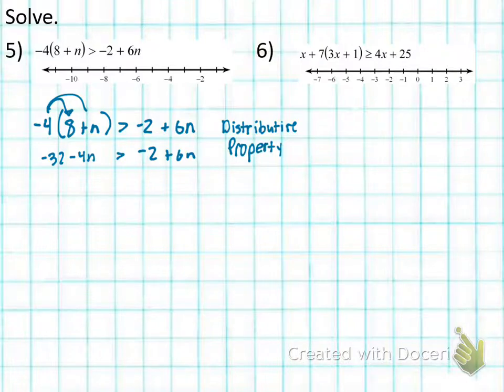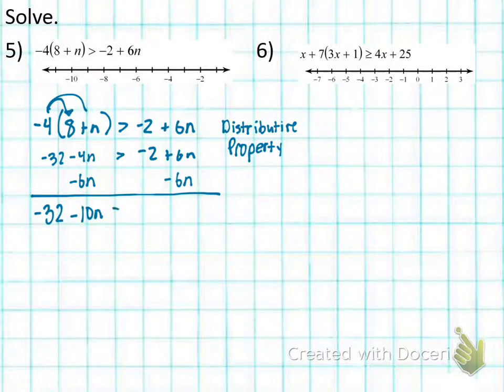Okay, next one. Are all my n's together? Which way do I like having my n's usually? Good. So there's positive 6n on the right. How do I get them together? Good. We subtract 6n on both sides. So now on the left-hand side, I got negative 32 minus 10n is greater than